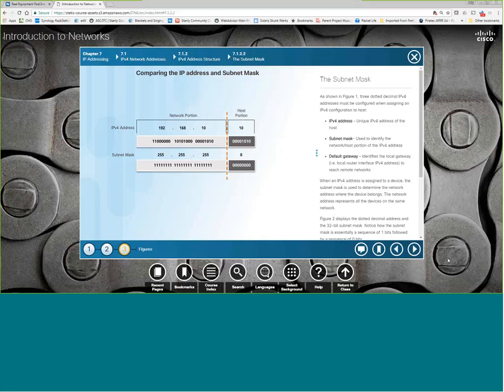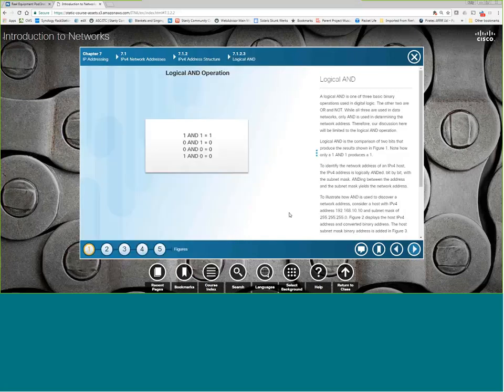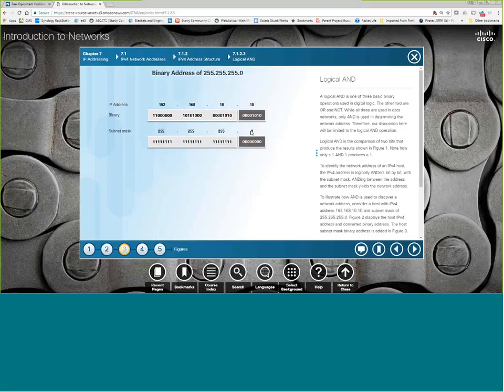And again, it's not multiplication, it's ANDing. It's a different mathematical formula, but logically, that's the way it works out. So a 1 and a 1 is a 1, a 0 and a 1 is a 0, 0 and 0 is 0, and 1 and 0 is 0. What happens when you AND an address? You take an address, you AND it to its subnet mask. What falls through, you will notice, is just the network portion. In other words, when I AND this 192.168.10.10 to its configured mask, the host finds out that it is actually on the